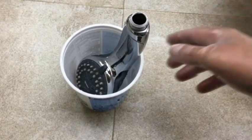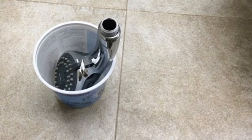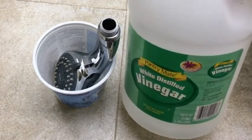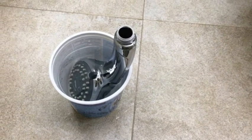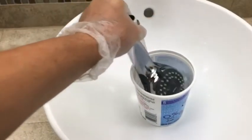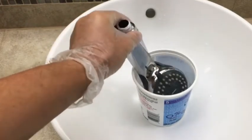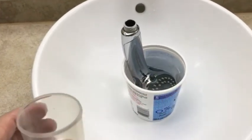Then I put the shower head into the yogurt container, and using distilled white vinegar, I fill the container and completely cover the shower head, and then let this stand for about 3 hours. There are other types of cleaners out on the market, but the distilled white vinegar is very effective and very inexpensive. After 3 hours, it should be pretty clean. But I do a few more steps, and one of those is to take a little bit of baking soda,